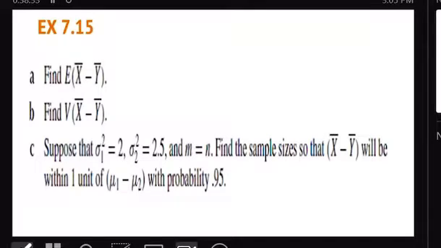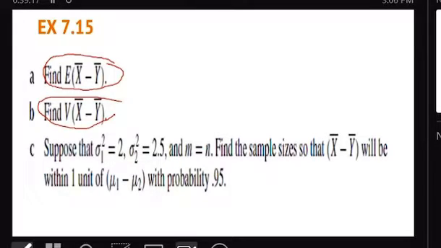Find the expectation of x bar minus y bar. Find the variance of x bar minus y bar. The first is like the point estimate of the difference. And the second one, well, of course, when you get the average of the difference, because the average of the difference is a random variable, how can you rely on the average? Because you are taking a random sample, the difference of the average is going to vary. Then to tell the reliability of that, we need the variance of that.